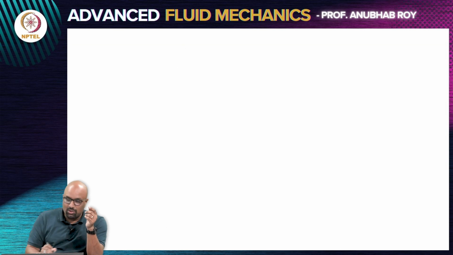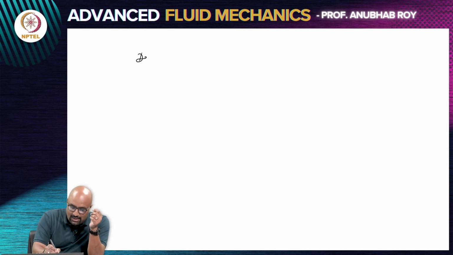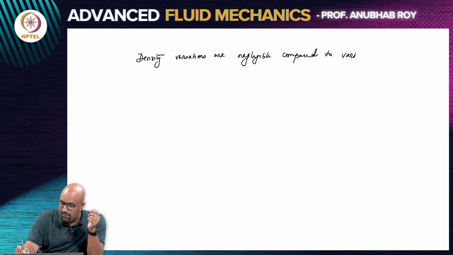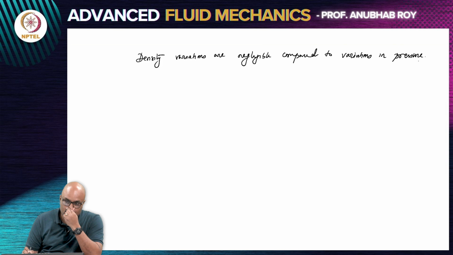Now, the correct way to think of incompressible flows would be that density variations or density changes are negligible compared to variations in pressure. So, you have variations in pressure occurring in a system. Would that lead to significant variations in density? If the variations of density were small, even for large variations of pressure, then you could safely consider the system